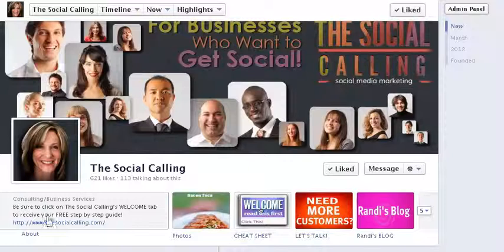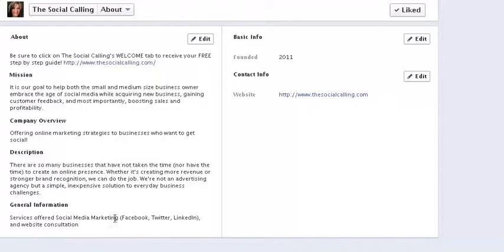This is so important. Take a look at what mine says, and again, you don't need to duplicate mine, but I see in so many Facebook pages that this area is blank, and more importantly, what I see is some information about the person's business and not their URL to their website. You want that front and center for someone to be able to click on and go to your website, and that's really important. With the Facebook timeline change, they've set it up a little bit differently. So if you click on the About section, I just want to give you a little tip on that. So then we're going to go to Edit,